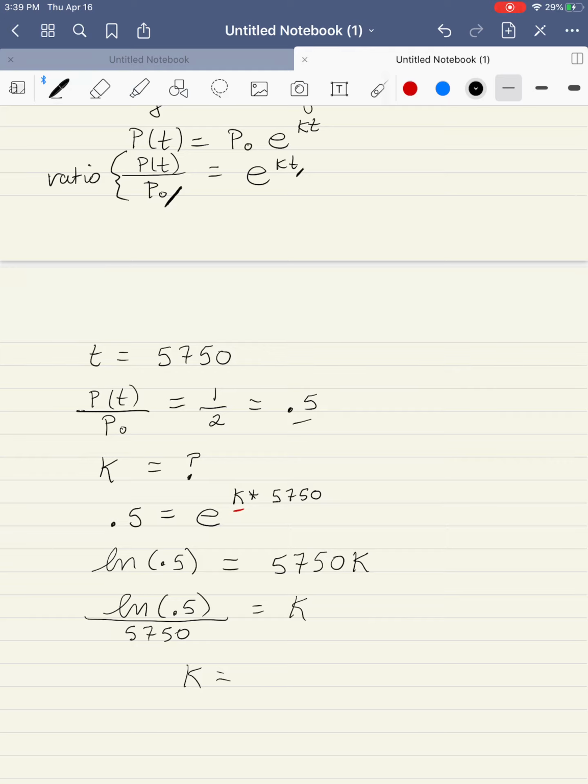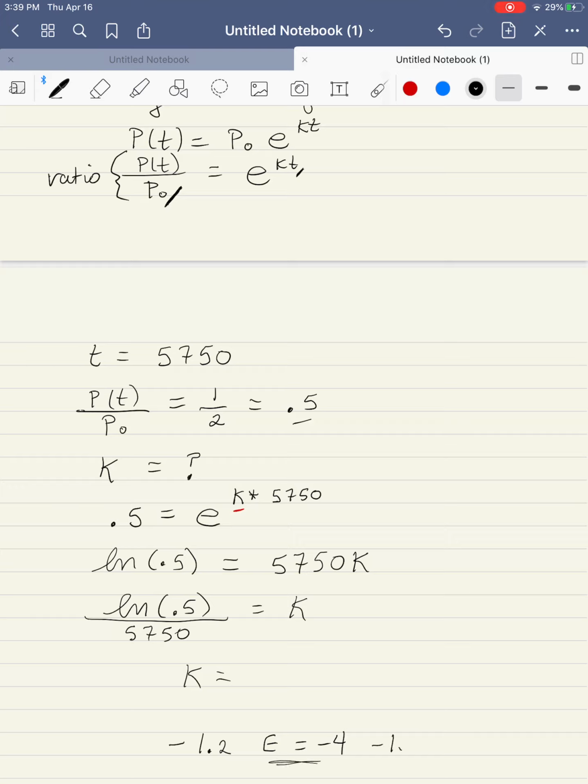And I plug that in my calculator: ln 0.5, close my parenthesis, divided by 5750, equals, and on my calculator it's saying negative 1.2